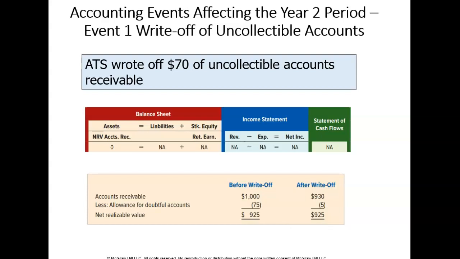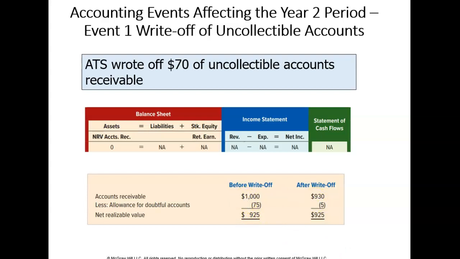Now in year two, $70 was written off as being uncollectible. Now this amount is not an estimation. What we're saying here is that a client is not going to pay us for sure, and now we're going to write off $70. Now notice that the write-off is not going to change your net receivable. Why is that? Well, because we estimated that $75 will become uncollectible. So when you do the actual write-off, what happens now is that the accounts receivable will decrease by $70,